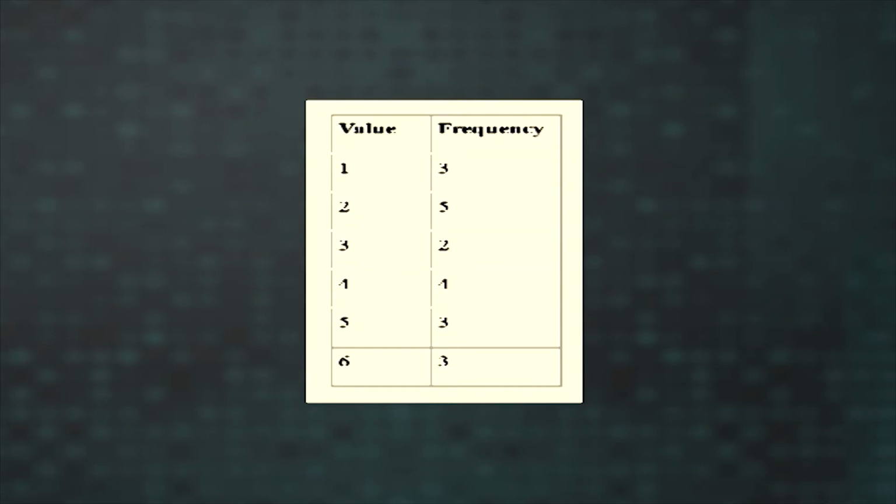The value 2 has a frequency of 5. So, the next 5 values are all 2s. This takes us up to the 8th value. The next 2 values are 3s, which takes us up to the 10th position in the data. So, the 10th value must be a 3. The next 4 values are 4s. So, the 11th value must be a 4. We can now see that the 10th and 11th values are a 3 and a 4. So, the median is 3.5.